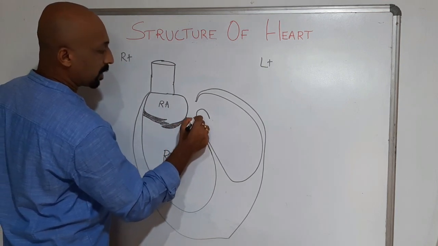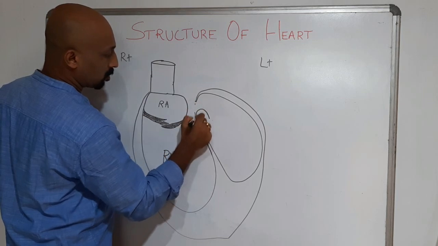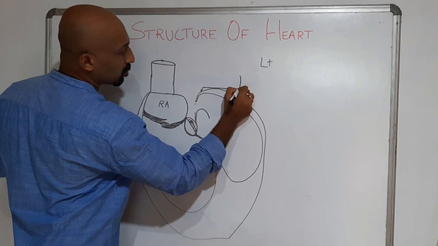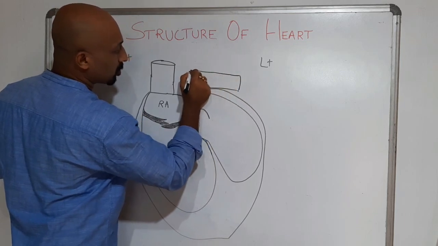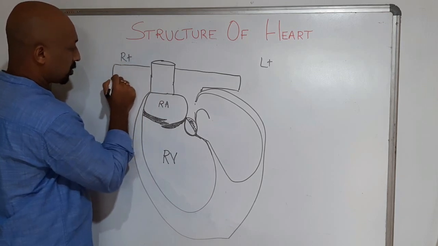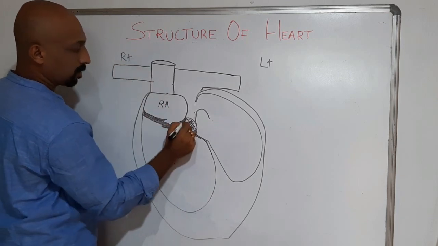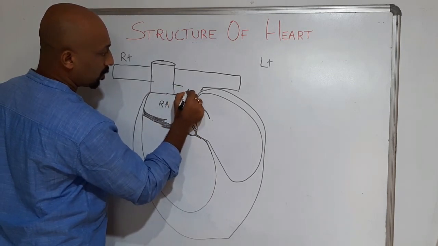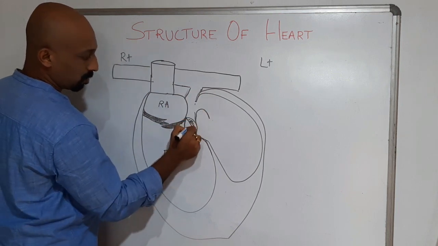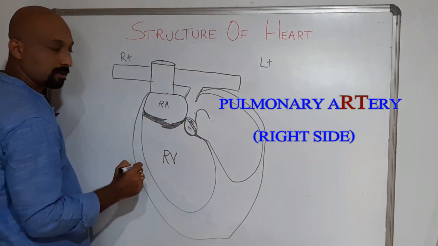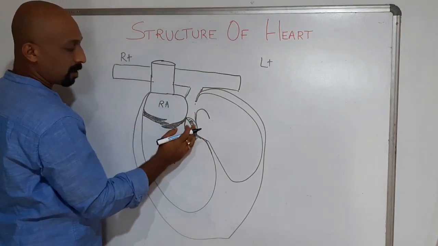So that I'll make the end of the opening. Imagine it's coming like this. Again, draw like this. So the structure goes like this. Again, from here it extends like this, and we'll finish it off. So we start from here to here, and we can end like this. So this is the pulmonary artery. I'll just put a PA here. So automatically the pulmonary artery comes here.